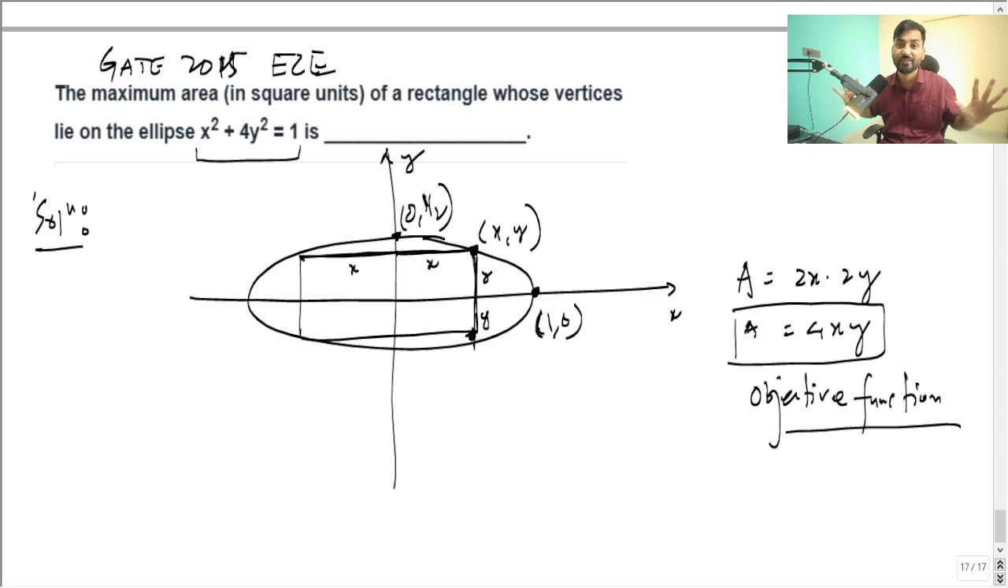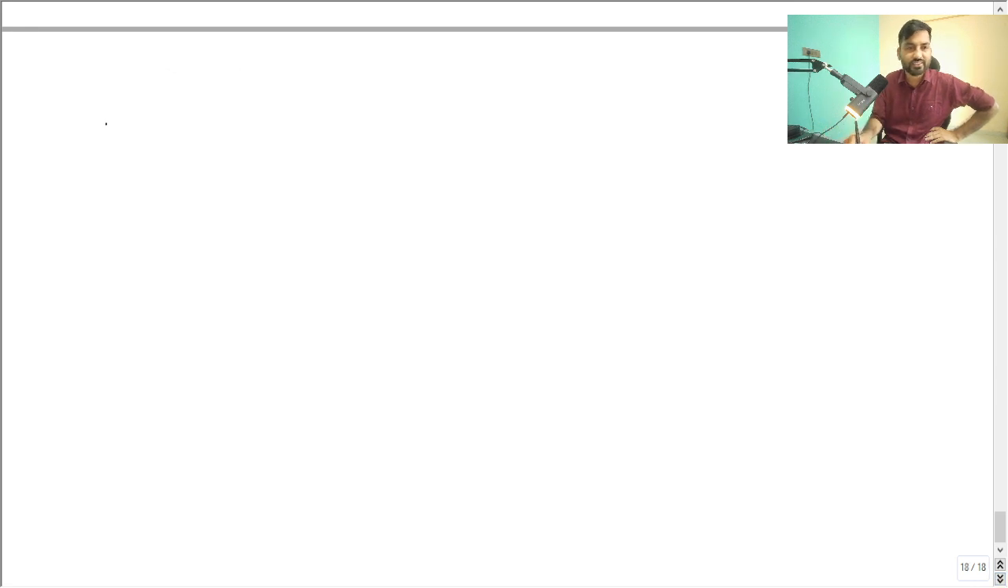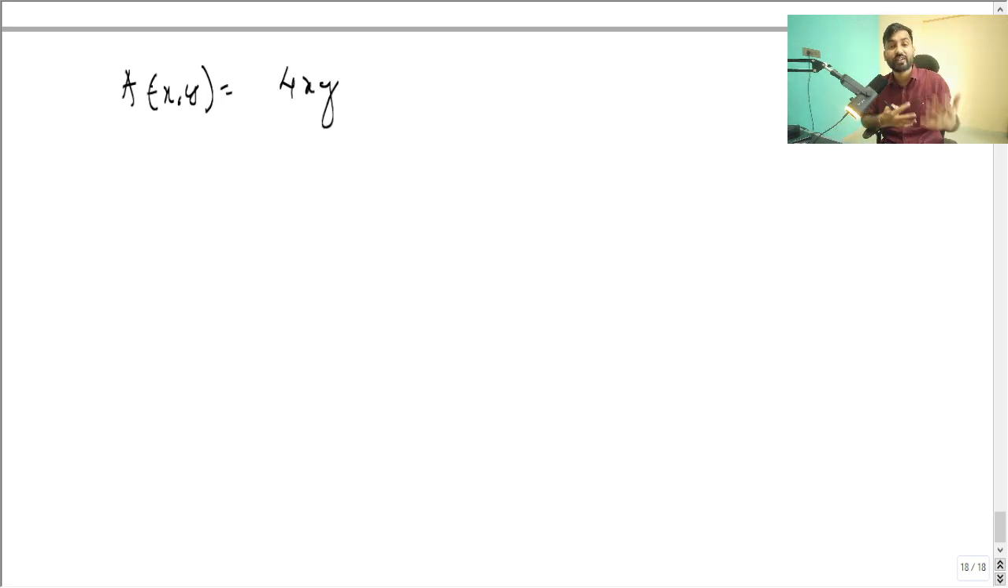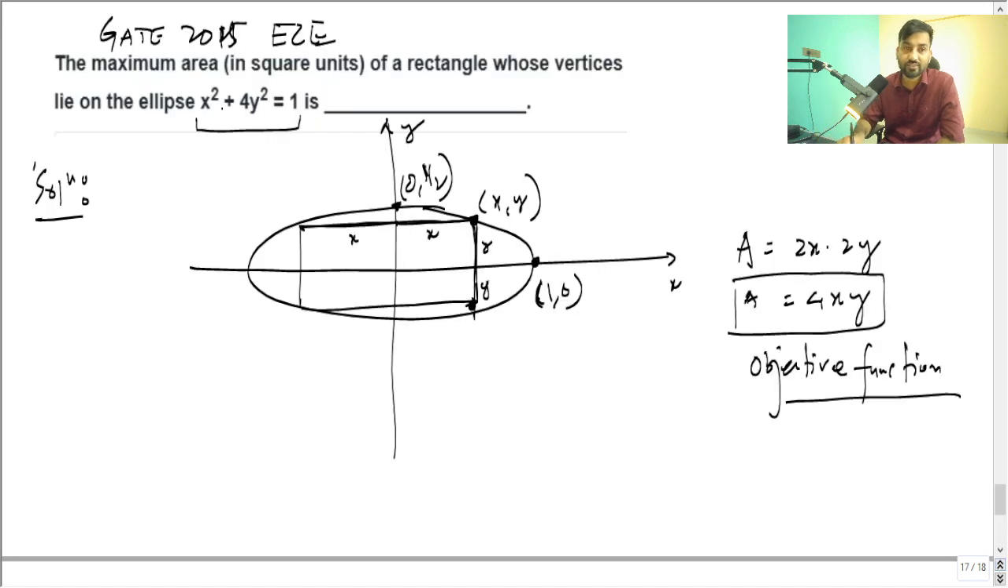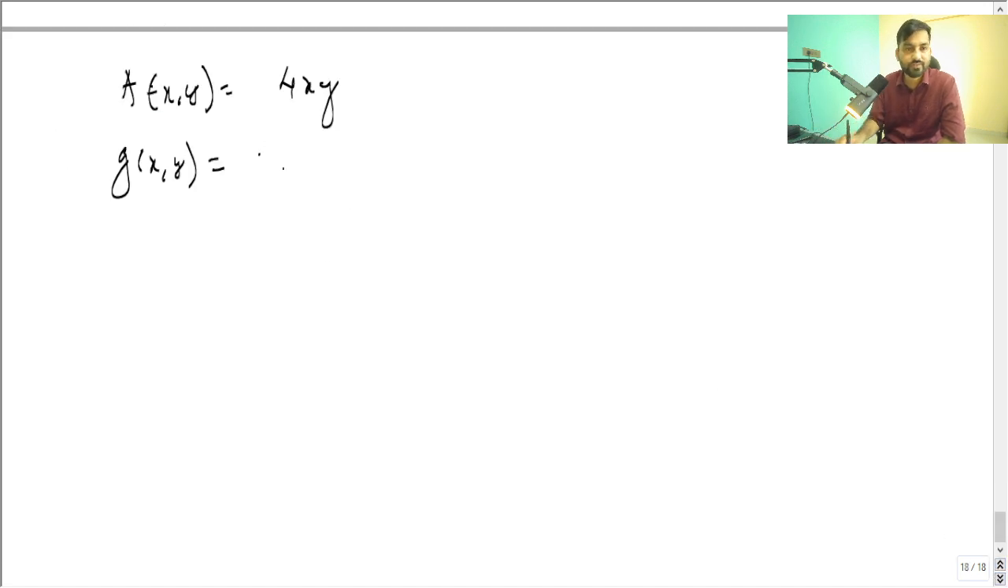Life is simple. Now what you can do here is write separately. This is the objective function, that is, A(x, y) is going to be 4xy. बहुत सारे लोगों को समझ नहीं आता ये 4xy कैसे लिख दिया. ठीक है, next, your constraint function is also given: x square plus 4y square